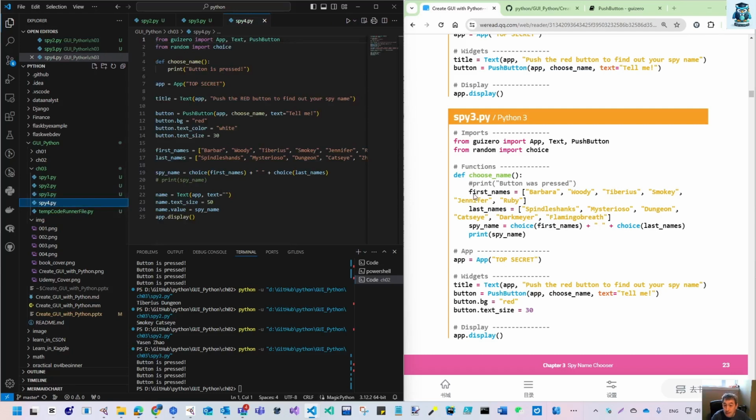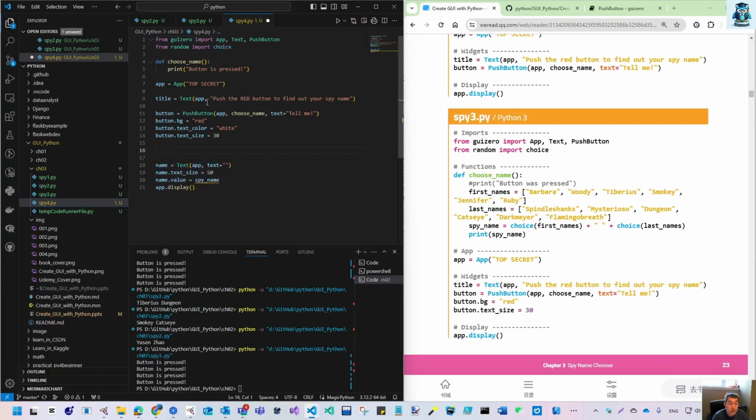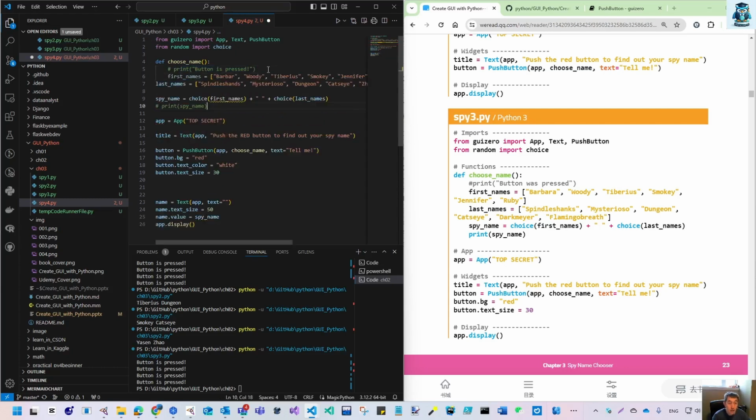We are adding this first name, last name, spy name, and print this inside the truth name. Here, spy name we don't print, but we can put that here. Then this one can be commented, and ensure you have this indent. Without the indent, it will be in the primary. The code is not here, but here you see spy name is